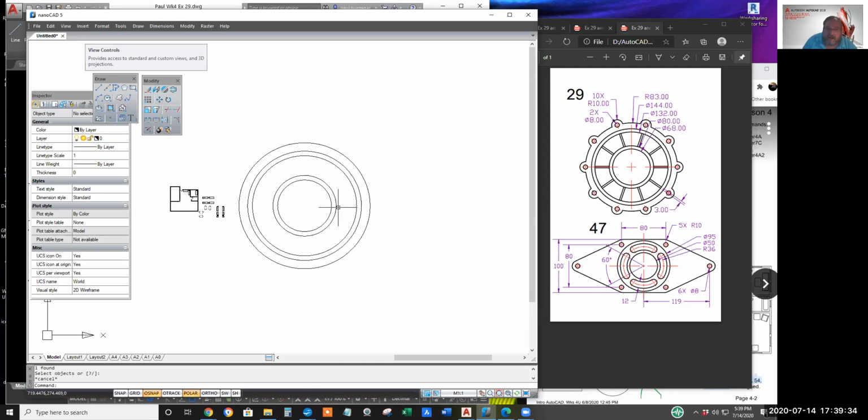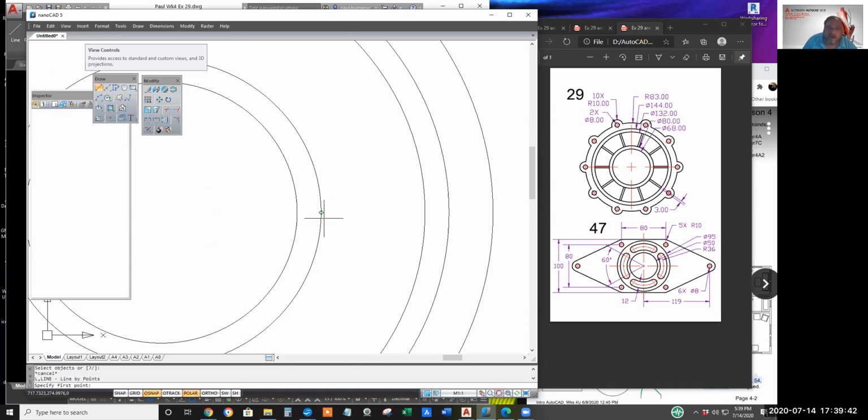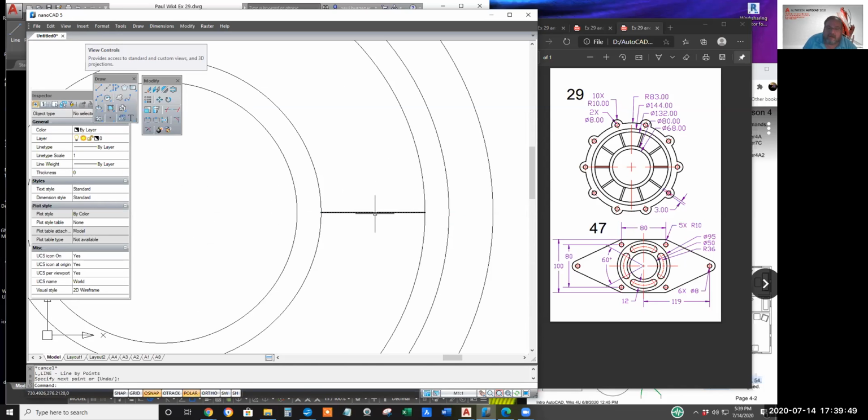Let's draw the line across from quadrant to quadrant. Zoom in, quadrant there, straight across to that quadrant or intersection. Now let's offset it up and down, 1.5.